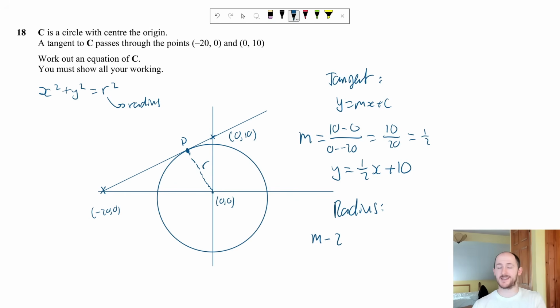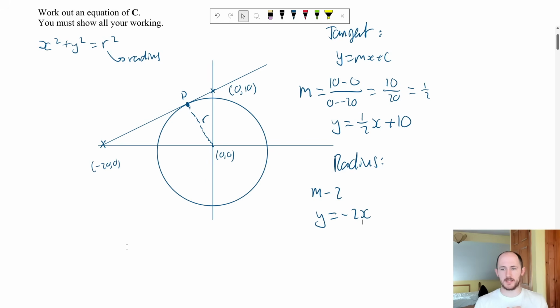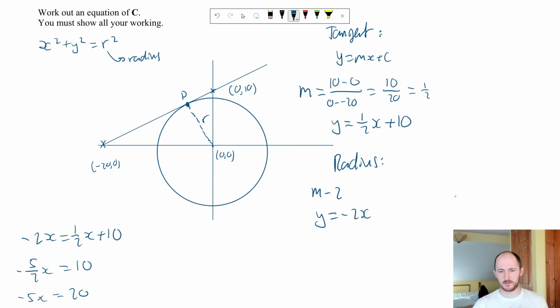So the y-intercept is 0, which means the equation for the radius is just y equals minus 2x. Now to find the point P, all we need to do is equate this equation with this equation. So minus 2x equals a half x plus 10. I'm going to minus a half x on both sides. That's minus 5 over 2x